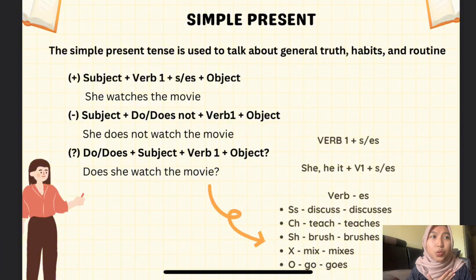Okay, remember that, student, if you find the verb whose last letters are ss, ch, sh, x or o, you can add es behind the verb. For example, discuss becomes discusses, teach becomes teaches, brush becomes brushes, mix becomes mixes, go